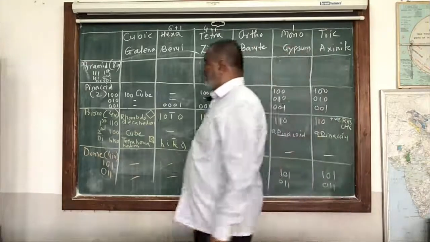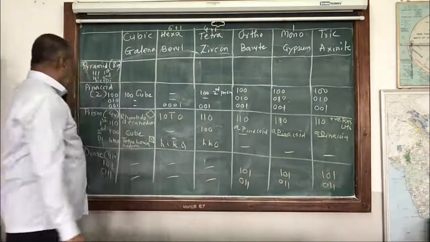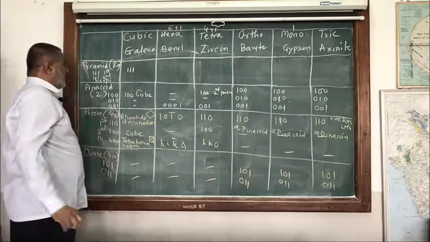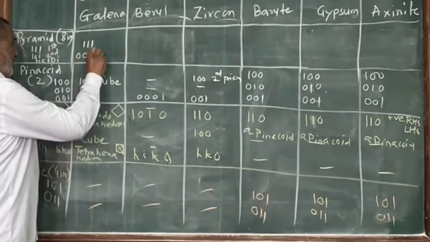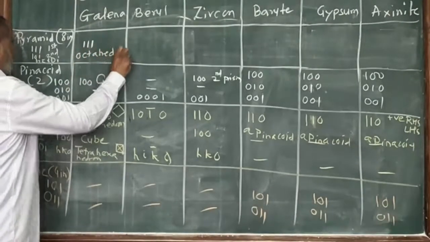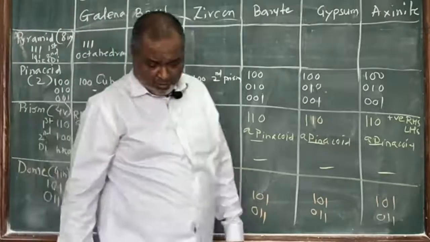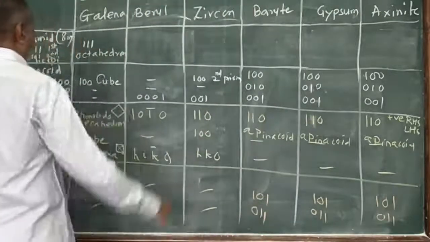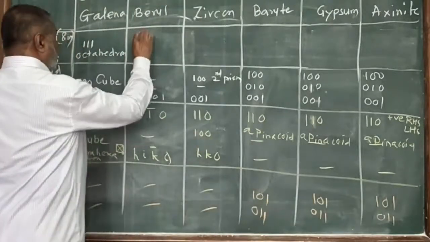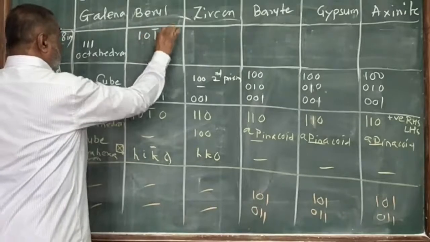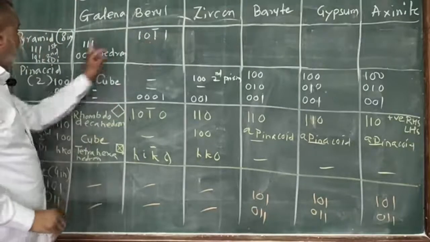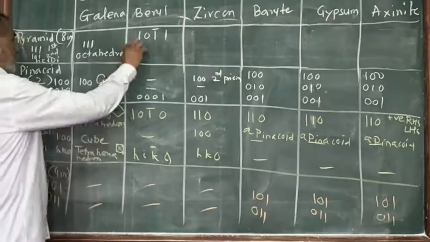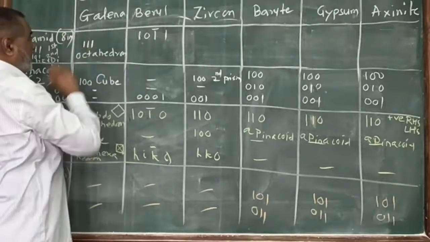So in cubic system pyramid 1, 1, 1 is there. It is called the octahedron. Then the next one in the hexagonal system, first order is there, 1, 0, bar 1, 1. Three axes are cut, 1, 0, bar 1, 1, with 3 horizontal axes; 2 horizontal and 1 third axis.